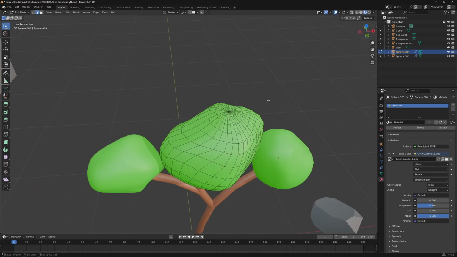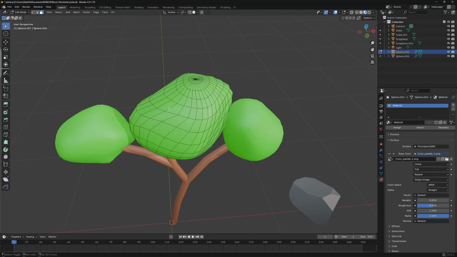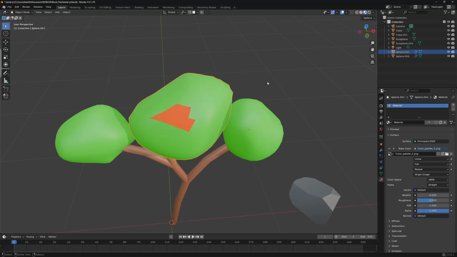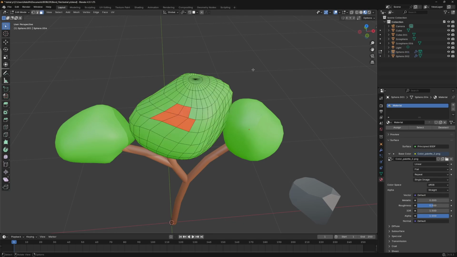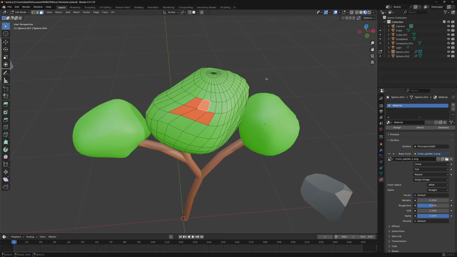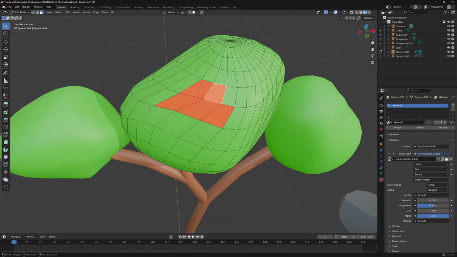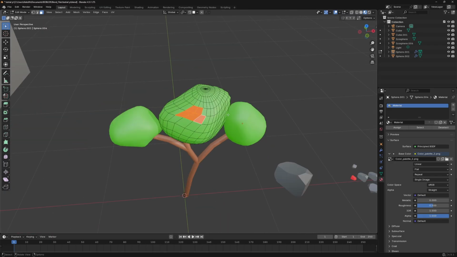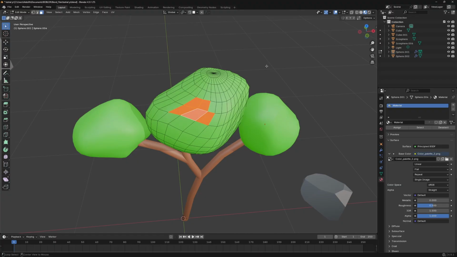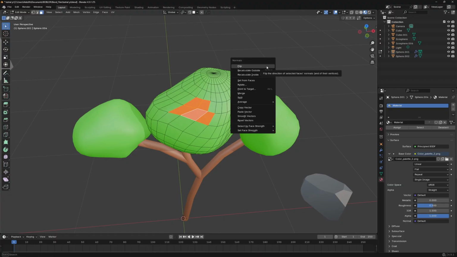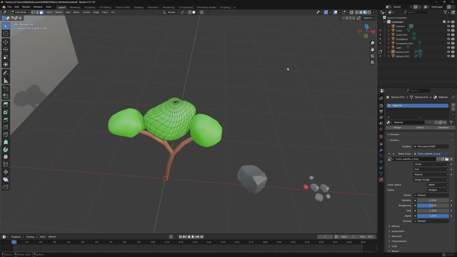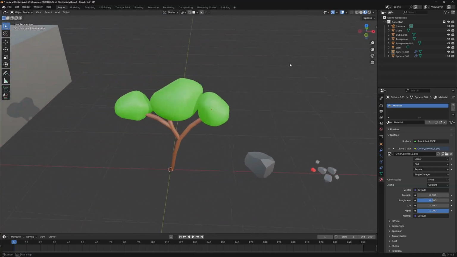But if only some part of it is red, like these edges, select the edges you want to flip, then press Alt N and flip them,